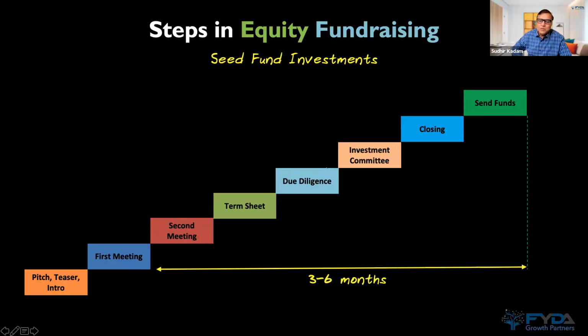Once they do the due diligence, there is an investment committee that sits. Typically, an internal document called an investor memorandum is prepared, and I'm not going to cover the investor memorandum today because we don't have the time. But in the investor memorandum, the partner who is leading your investment is going to prepare a logical argument for why your company should be funded or why it should not be funded.